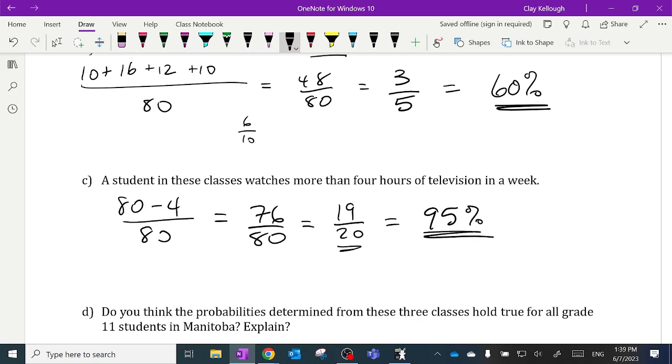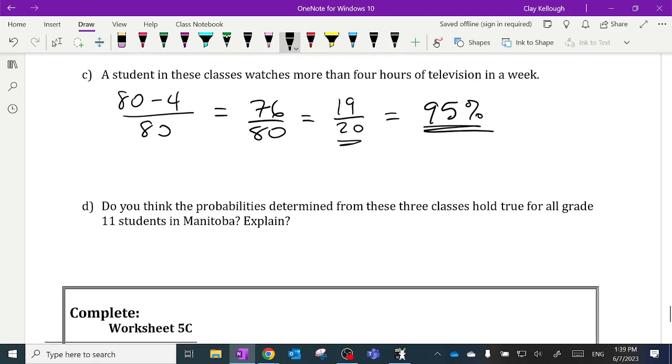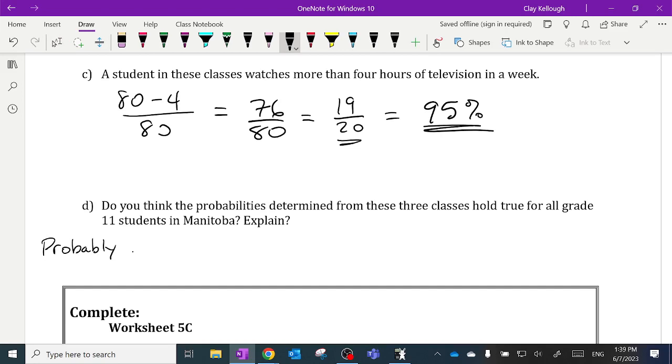Now, do you think the probabilities determined from these 3 classes hold true for all grade 11 students in Manitoba? Explain. And the answer is probably not. And I'll tell you why probably not. Using one school